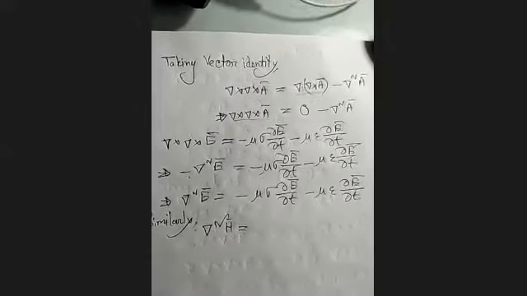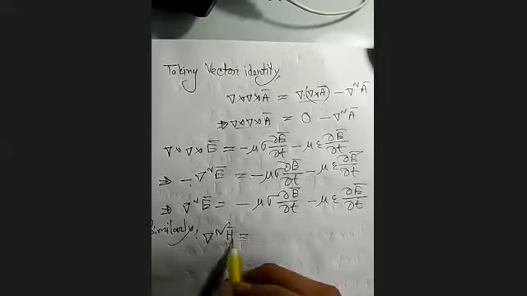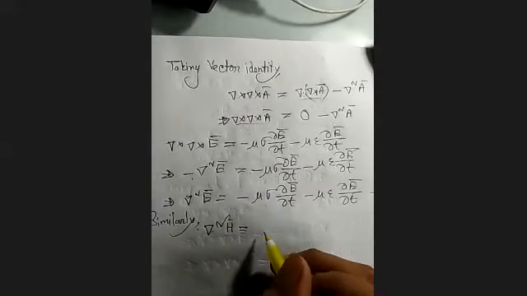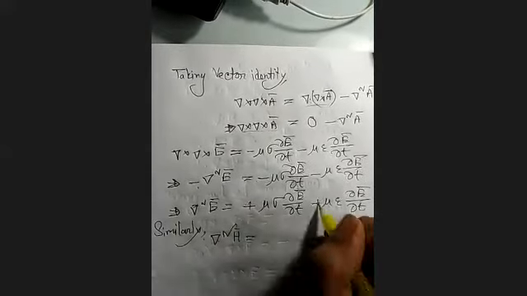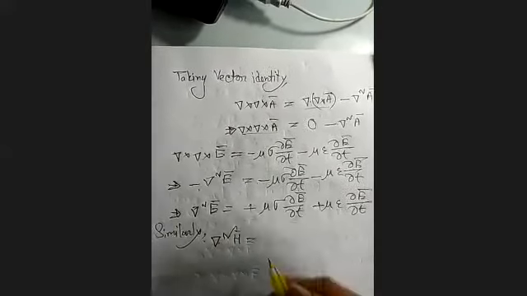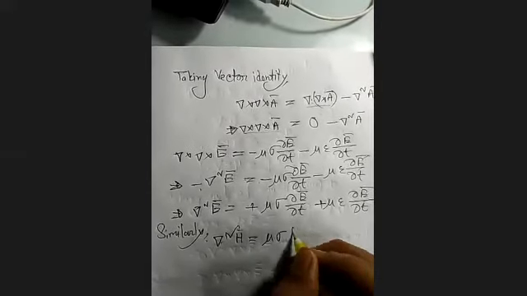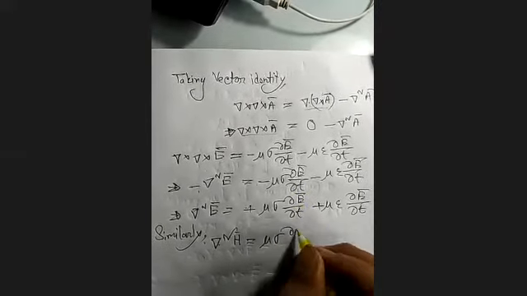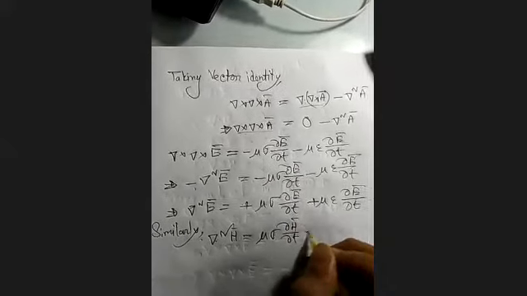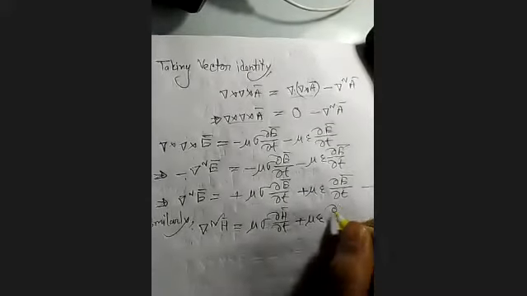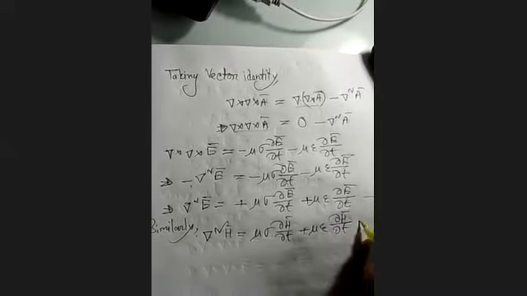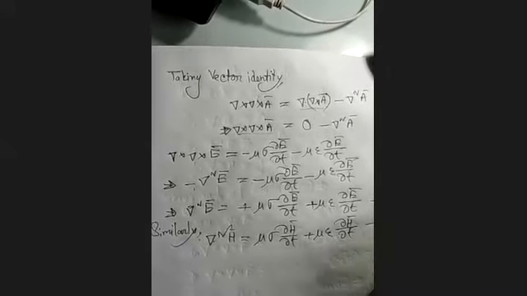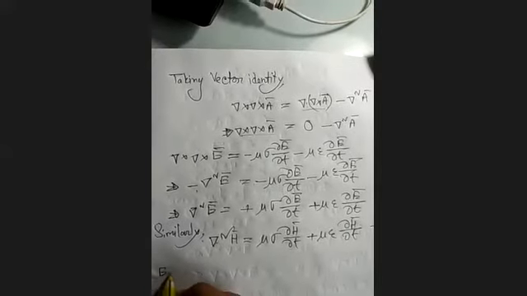That means del square E, now it will be del square A is equal to, sorry, it will be minus, we have cancelled our minus. So it will be plus mu sigma. Instead of E, we should apply here H del T, plus mu epsilon. Instead of E, we should apply here H del T. This is equation 8.